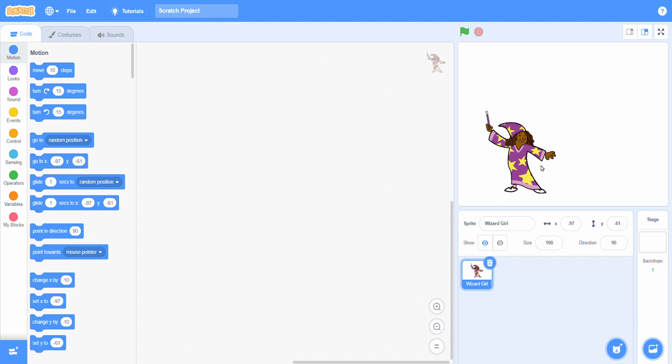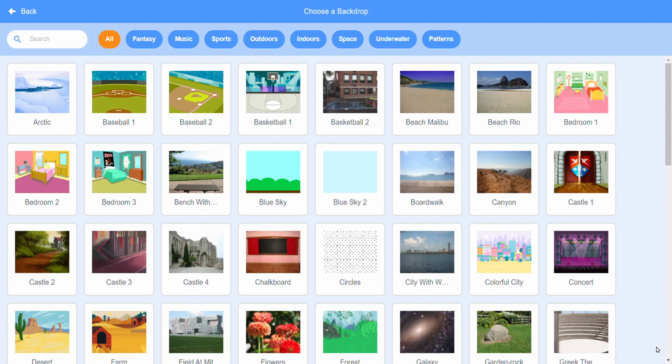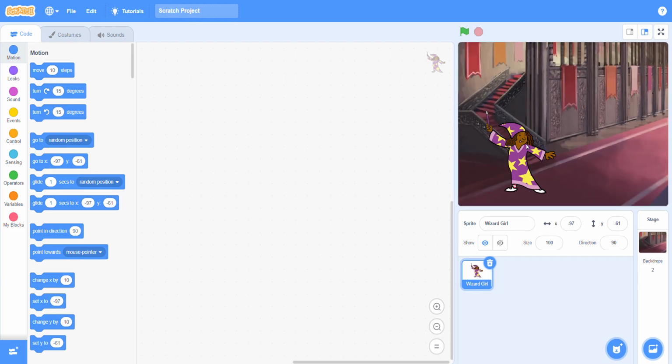Now the second one is choose a backdrop. And you can choose any one backdrop, like let's choose this one. Okay, I like this one for this character. So